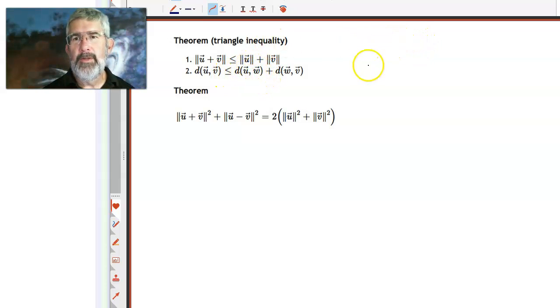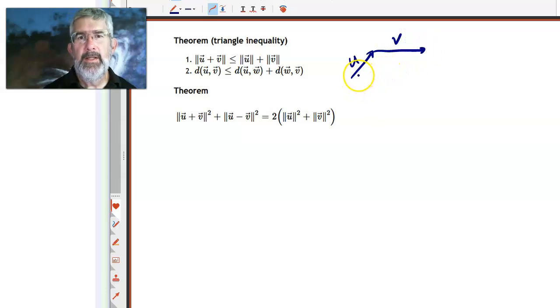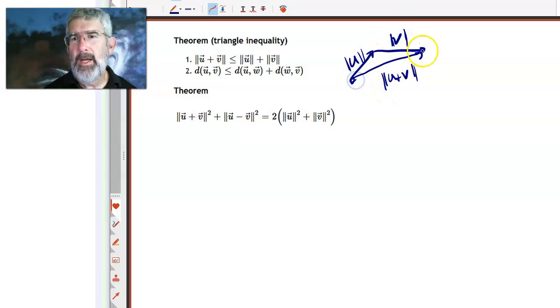So the first version is saying if you've got the vector u and you add to it the vector v, then u plus v, of course, would be this going from here to there. And the theorem says that the length of the sum, so this length, is less than the sum of the individual lengths. If you want to go from here to there, the shortest distance is the straight line path,